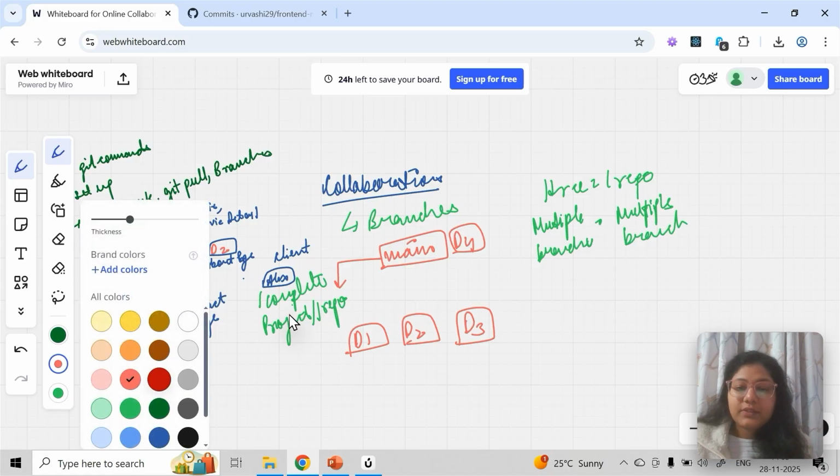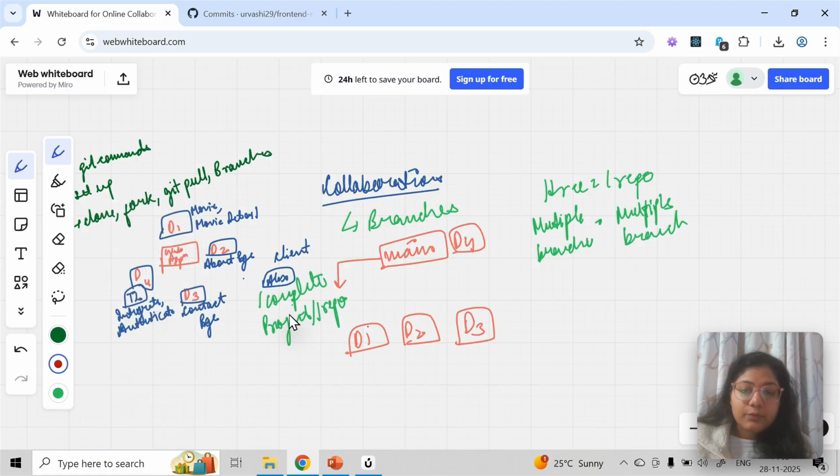Whatever feature each person is working on, we will create a branch for them. Let's say the branch name is movie for this person, about for this person, and contact for this person. At the end of the day, they will create a new PR, a pull request.